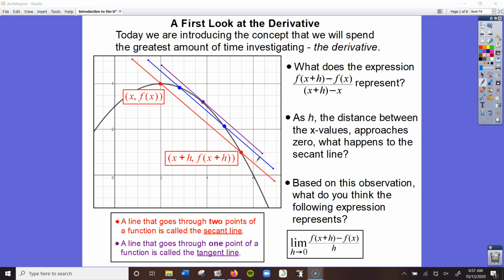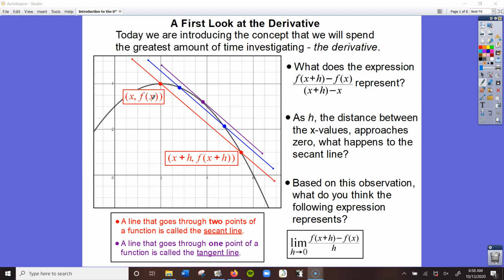The red line here, you see how it goes through two dots. That's called a secant line. A secant line that goes through a function is a line that goes through exactly 2 points of the function. Now, if on this line I have 2 points, so on this first one, I have x and